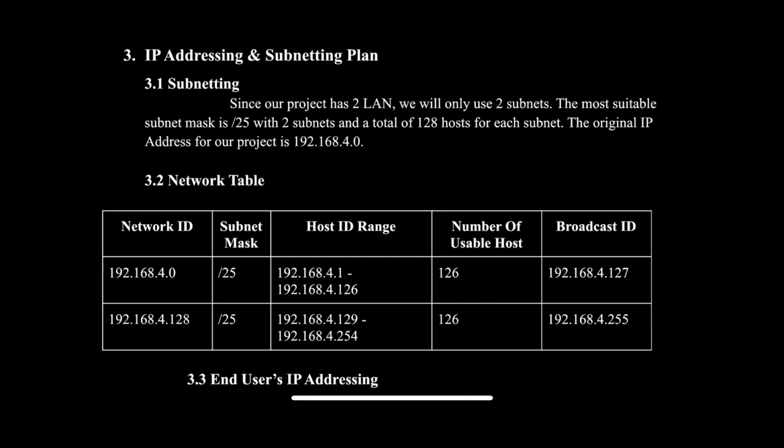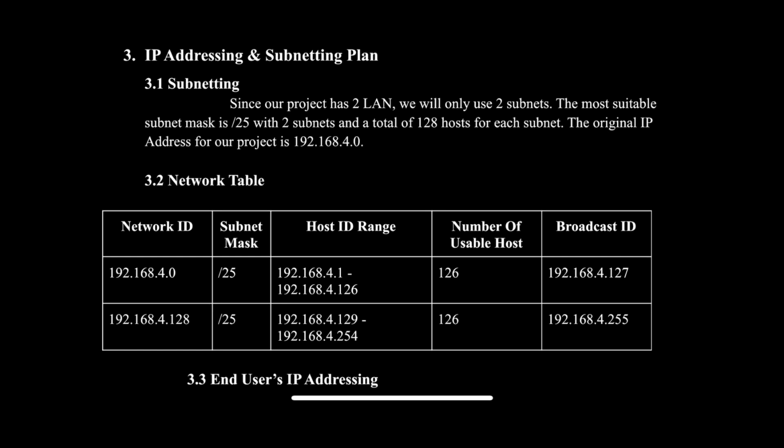For our project, our original IP address is 192.168.4.0. Based on our network table, for our first subnet, we have the network ID 192.168.4.0, and the host ID range is from 0.1 until 0.126. As mentioned before, for the first subnet we have 126 usable hosts, and our broadcast ID is